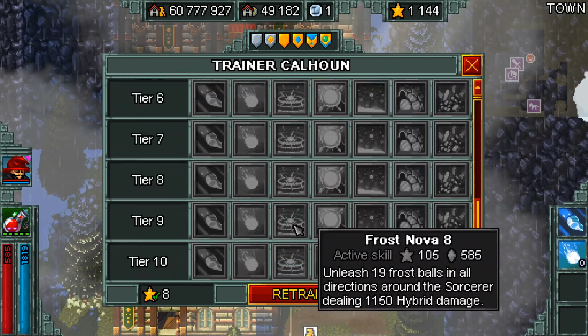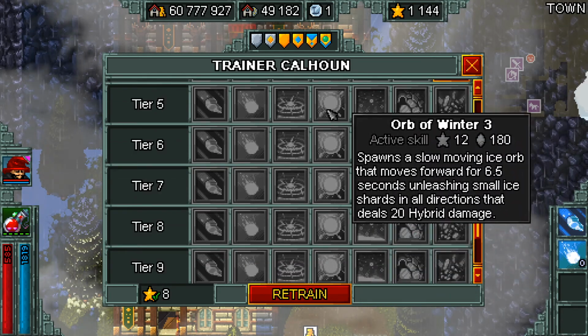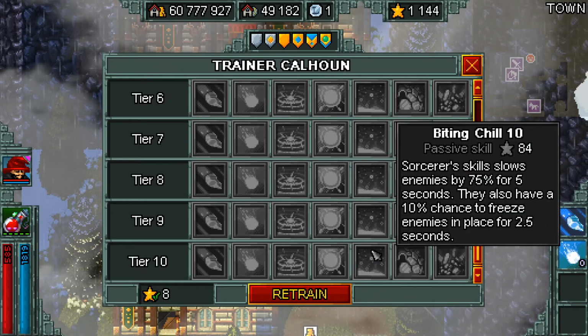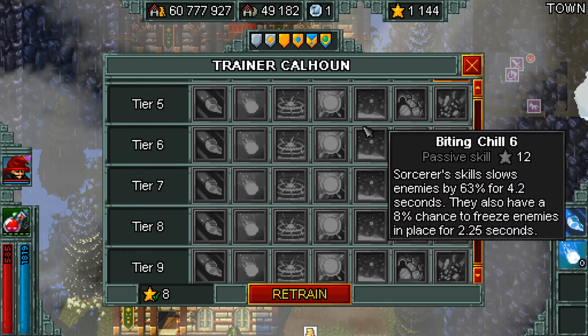The Frost Nova, one of my personal favorites, does 21 frost balls, each dealing 3,000 damage. The Orb of Winter does 2,400 hybrid damage, and it moves forward for 7 seconds rather than 6.5. The chill gets pretty crazy. So instead of a 40% slow, it becomes a 75% slow with a 10% chance to freeze